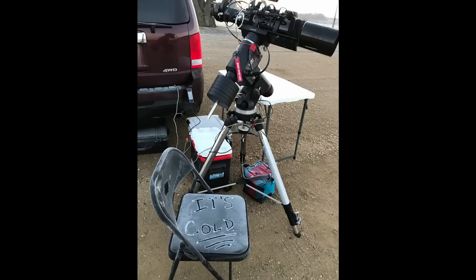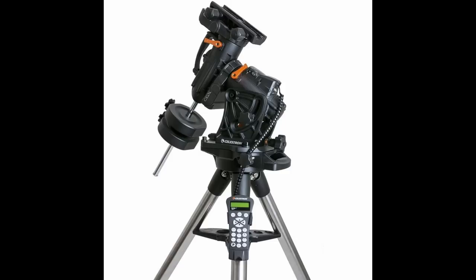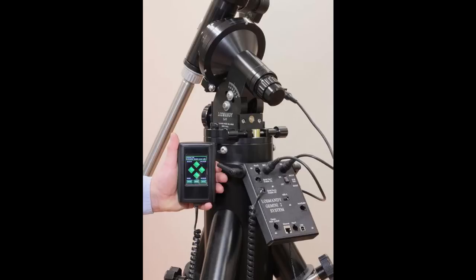The Atlas, I'm going to give that an average. I had it set up really nice, but when the mount head moves, so does the power to the mount and either the hand controller or the EQ mod, EQ Direct module and USB converter. That also moves with the mount, so there is some movement with the cords. CGX is getting better. It's a new mount. They took some care to run as many wires as they could through the mount, but I don't think it's quite there yet. The G11 I'm going to give as poor, and the reason for that is